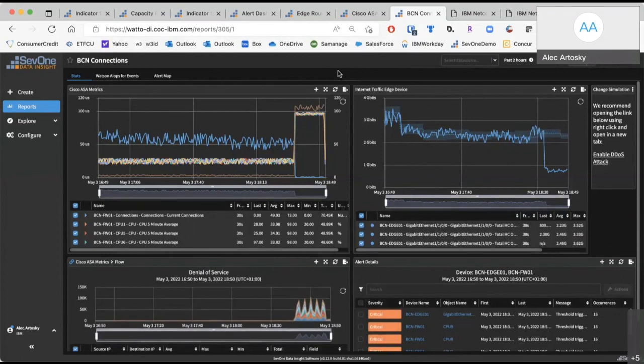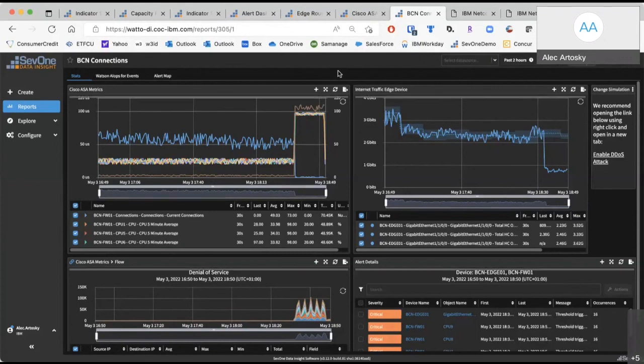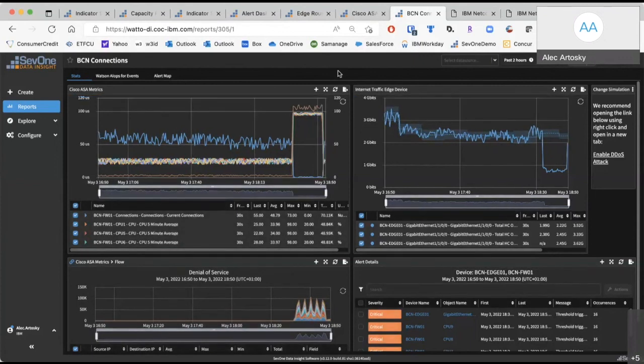So this relationship, this back and forth that we have, is really quite powerful in the sense that we now have the ability to take the AIOps capability that is native inside the SevOne product, as well as the AIOps capability that exists in IBM Watson Netcool, and correlate them together to make your data even more valuable than it was before. By correlating these two, we can actually give you the ability, as you can see here, to resolve the issue at hand.